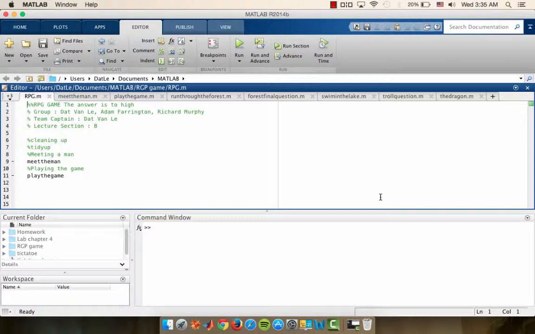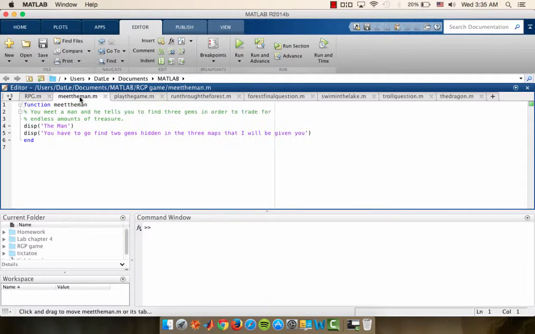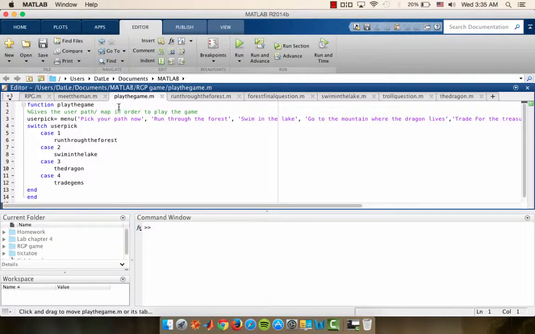The name of this game is Treasure Quest. We use a total of 11 functions for this game. The first function is Meet the Man, and the second function is Play the Game. In Meet the Man,